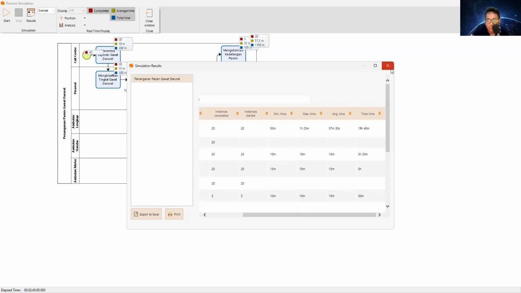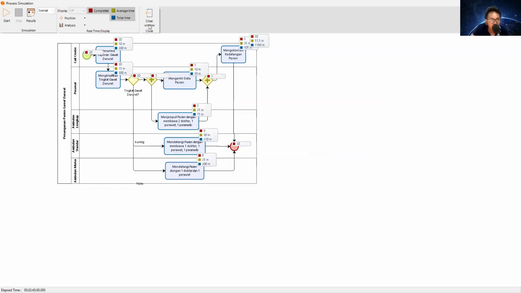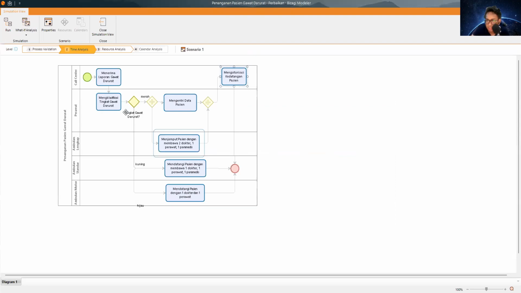That is the time we got for handling the 20 patients, around 19 hours and 40 minutes. Okay, the time analysis part is done.